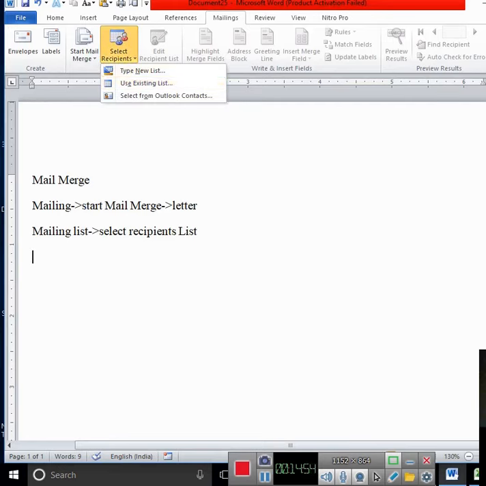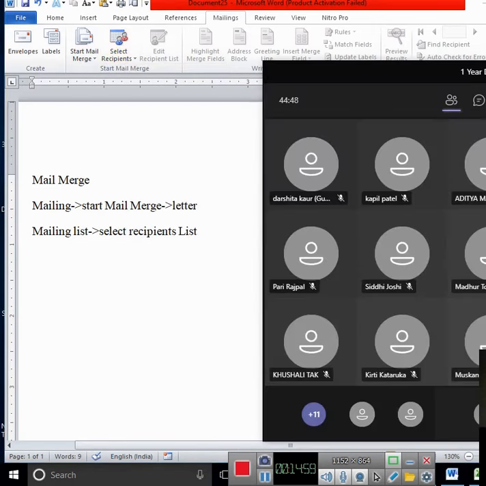Reason behind this address list is stored in that file. So use existing list. Again if we can maintain it, use existing list.